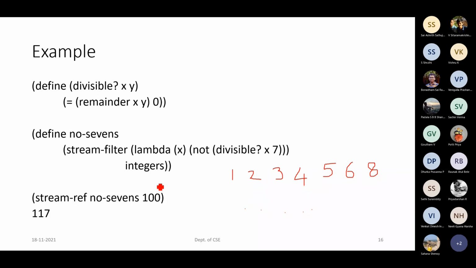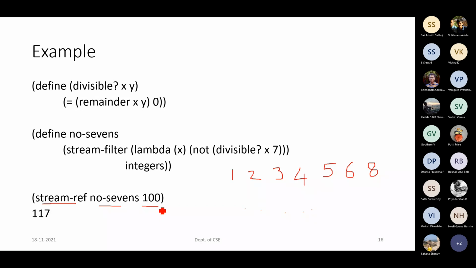Now what I have done is pass this no 7s into the stream reference procedure. Hope you remember the stream reference procedure, which accepts the list of values, that is this no 7s, and the position.